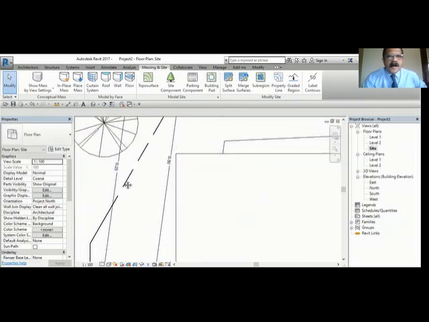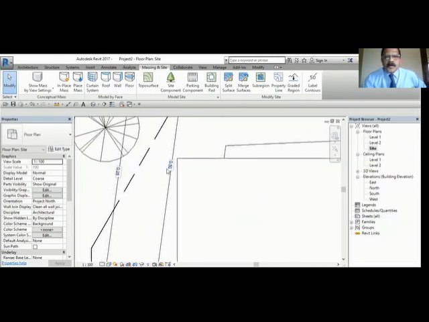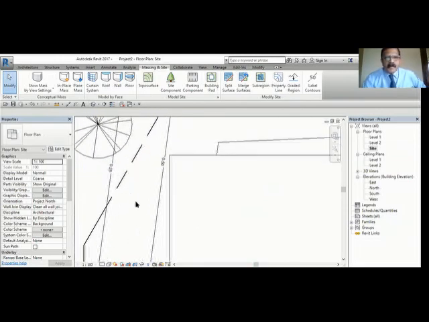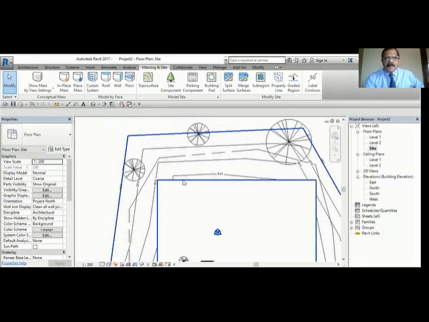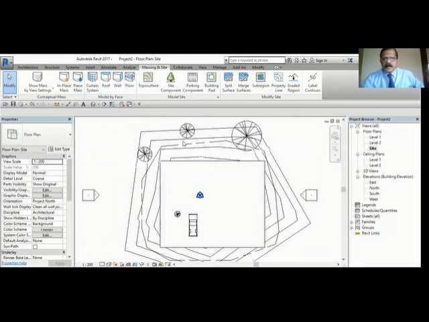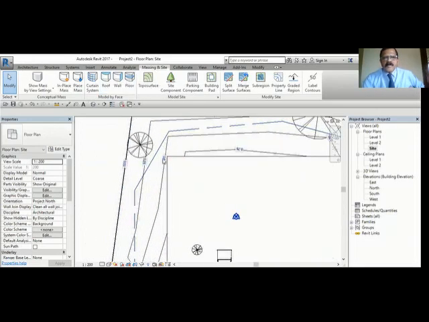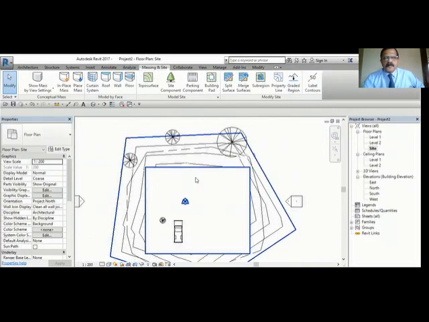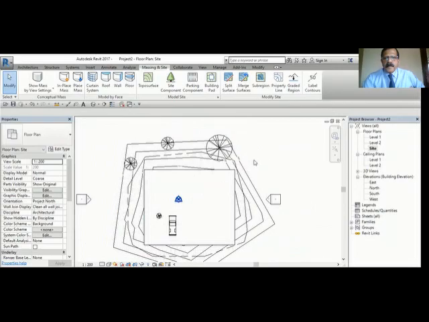You can see he marked the labels there. It was 0.5, 0.25. You can increase the scale a little bit. You can see it automatically marked the contours, what height it is. You can use the label contours.